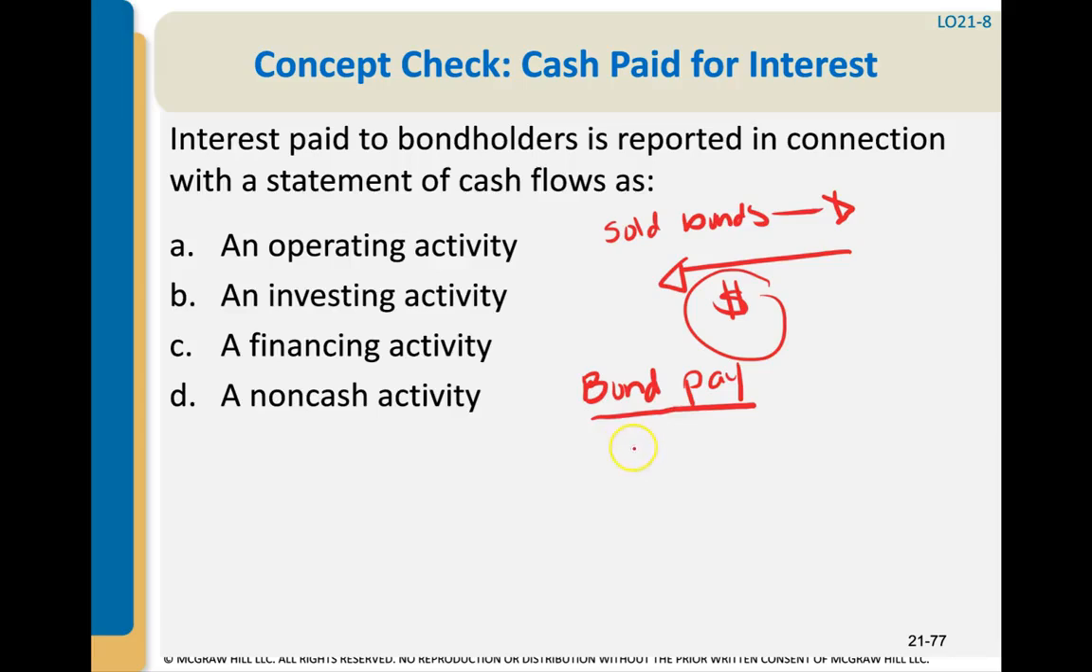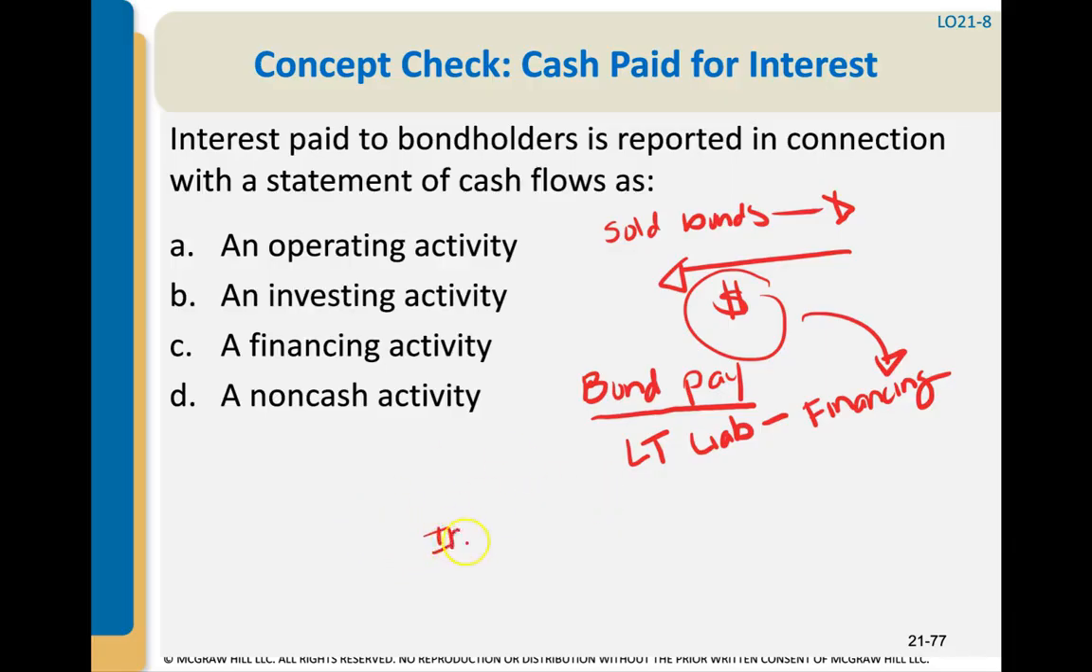and a bond payable is usually a long-term liability. And so a long-term liability gets recorded under the financing activity section. So when we received the money for the sale of bonds, that went into the financing activity. Now, as part of the bond, we will pay our bondholders the principal at the end of the term of the bond,